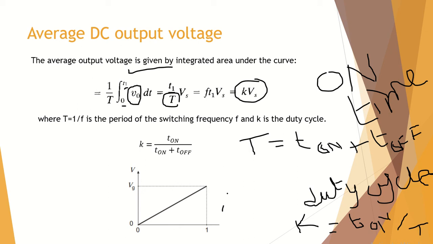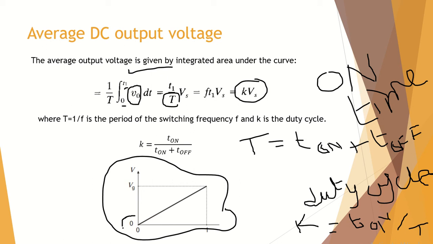If you plot a graph of a duty cycle, you can vary from 0 to 1, because it is in the percentage form. 25% duty cycle, 30% duty cycle, 50% duty cycle. So if you vary from 0 to 1, our output voltage goes from 0 to 100%. So this is also an efficient way of stepping down the DC voltage using a switch.